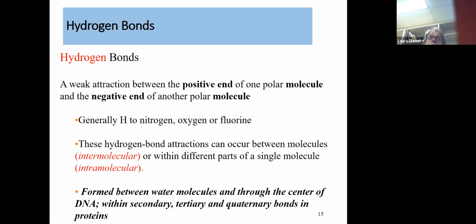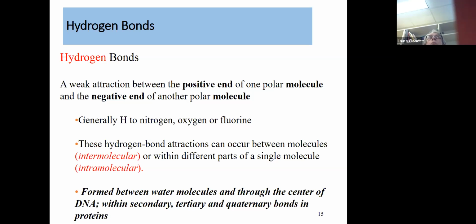So hydrogen bonds up at the top here are a weak attraction between the positive end of maybe one polar covalently bonded molecule to the negative end of another polar covalently bonded molecule. Generally, hydrogen to nitrogen, oxygen, or fluorine is called NOF, N-O-F. But